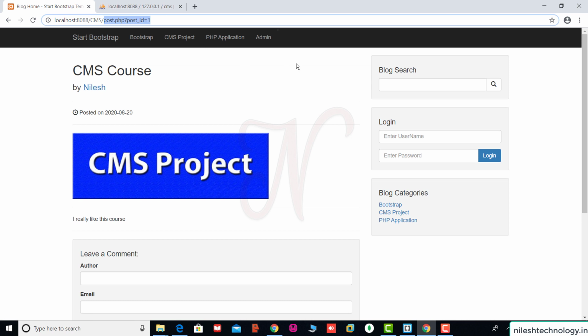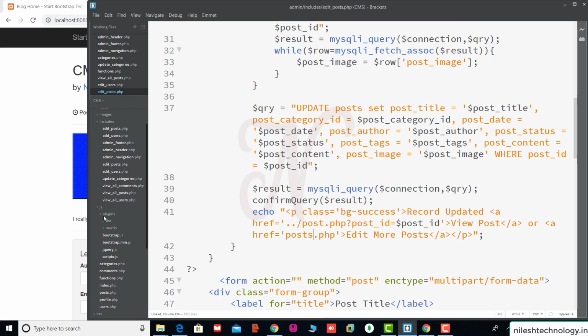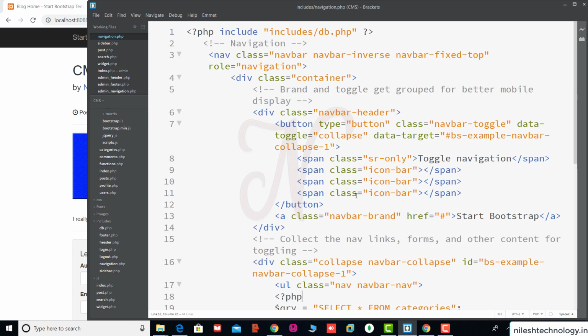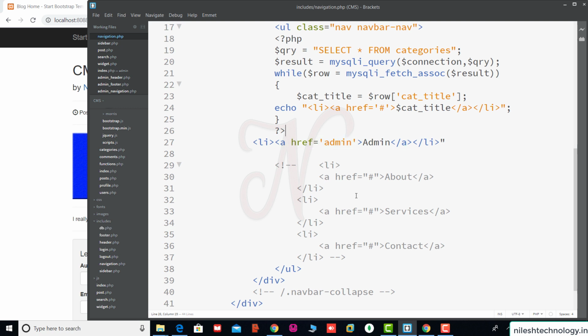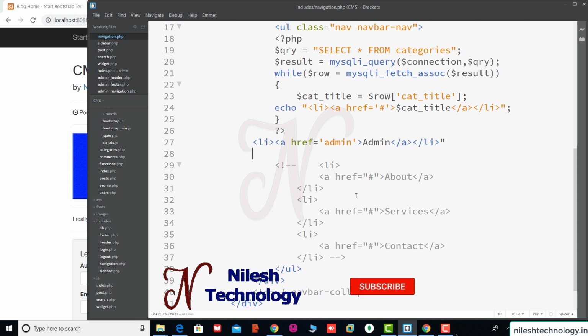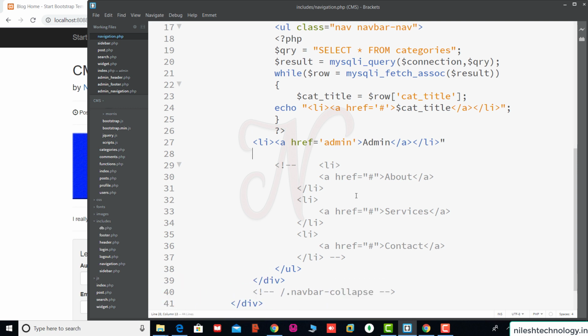So my next code is related to this menu. So we are going to this navigation.php file, this one, the user include folder navigation.php file. So directly we are going to this admin menu. So after this admin, we write the next code. Okay, so we check here if session is available, means you are logged in as admin. If session is not, means you are a normal user, not an admin user.